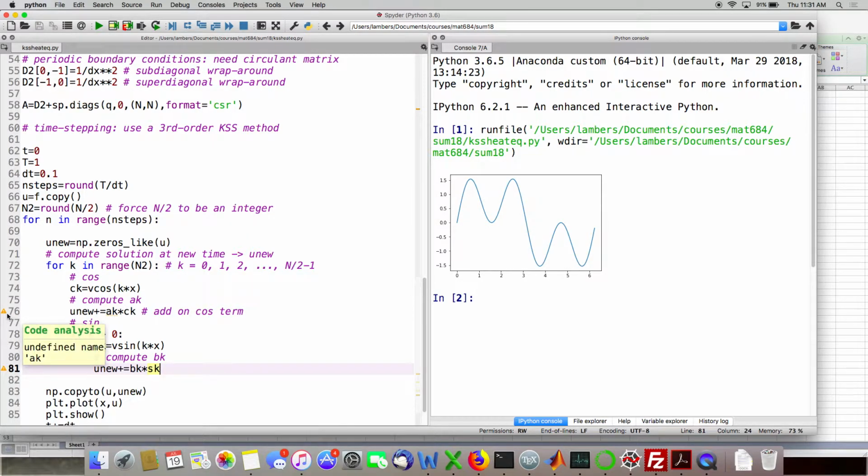In fact, yeah, that's what's warning me about right here. Undefined name, AK and BK, because I haven't done them yet. Okay. Now, one thing I want to point out before I continue is